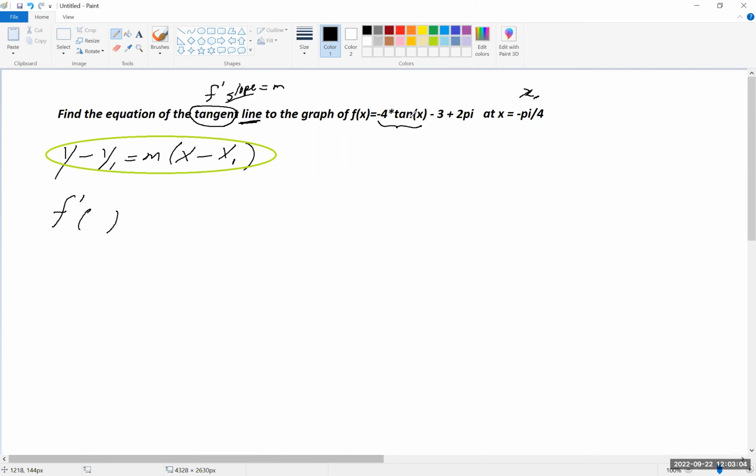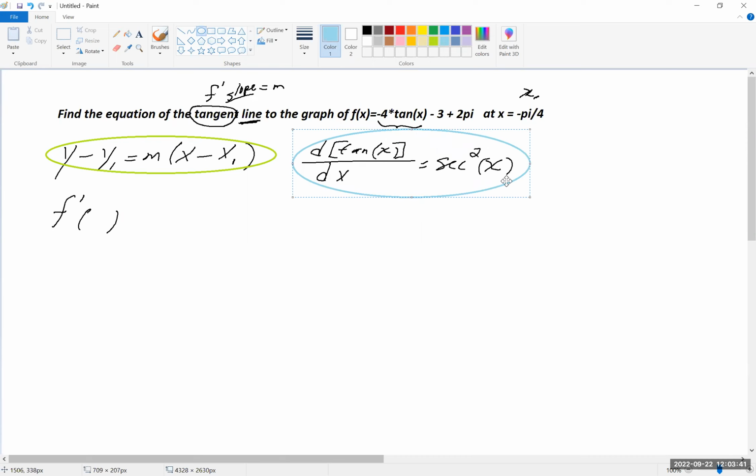And so I guess there's one other thing that we should have written down, is that the derivative of tangent of x, and this is a rule or theorem, is secant squared x. Okay, so those are the facts that we're going to use, and I think now we've got all the major parts in place